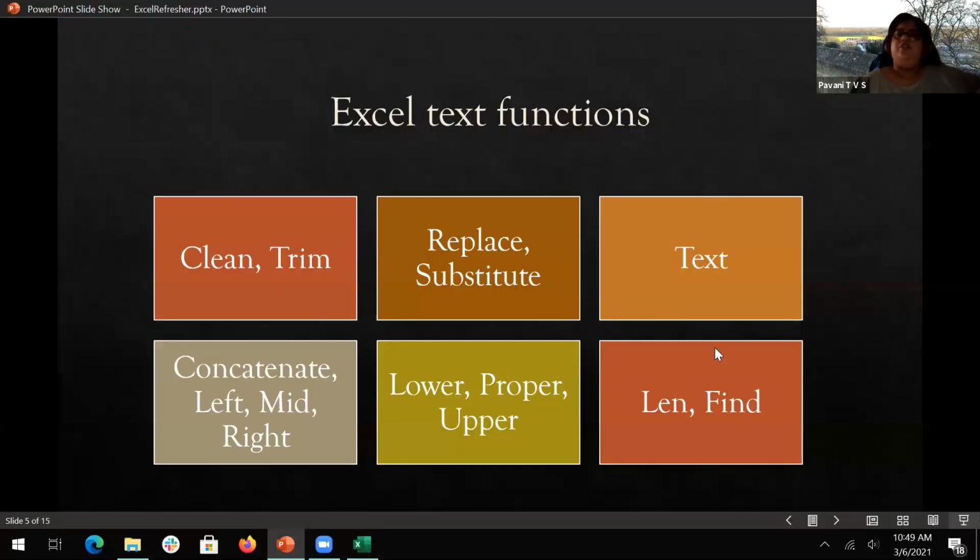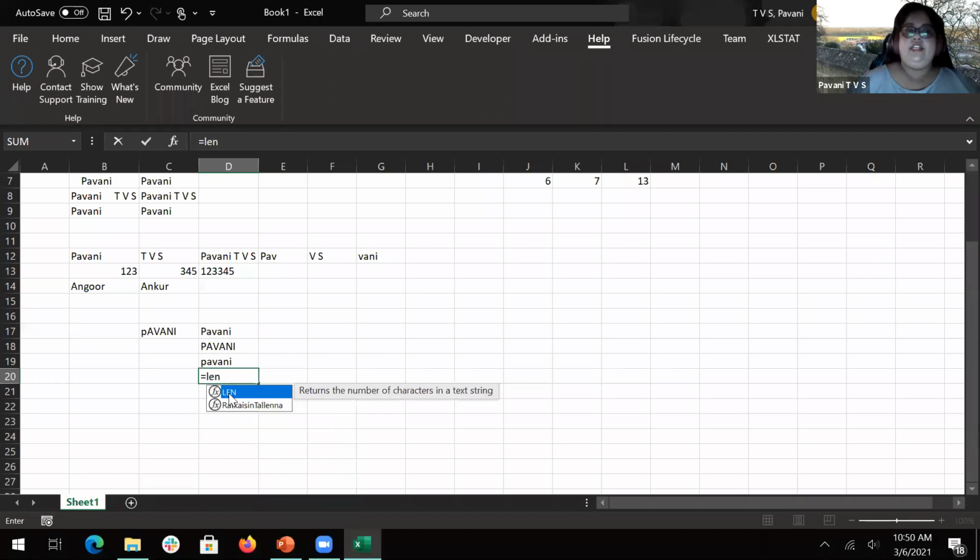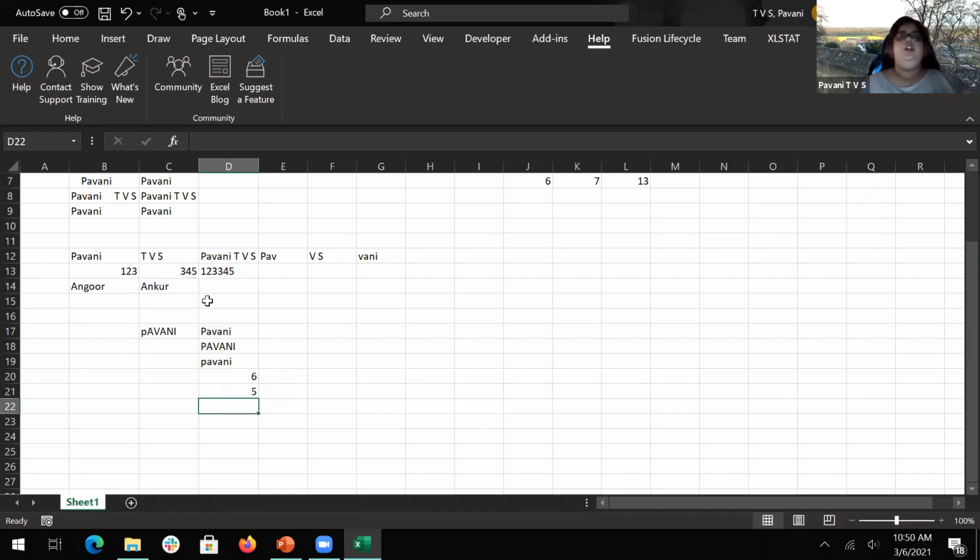So this is how different text functions are used. And the length is nothing but you can find the number of characters in that particular string. Like I said, so say this value. Here my name is 6 characters long. And if I give Ankur, it will be 5. And if I give mine with initials, it will be more because it will take spaces also. Like 6 plus 7, 8, 9, 10, 11, 12. That's why it is giving you 12. So this is a very important function.